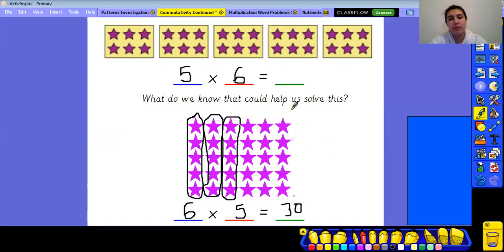What would my product be for this calculation then? That's right, the product would be 30, because commutative means that when my factors are switched around, I get the same answer, I get the same product. Lovely, but remember, we can still use our 5 times tables even when it's written in this order,